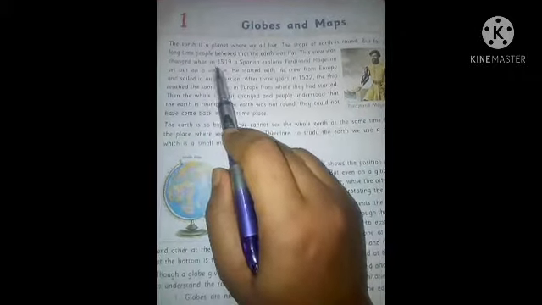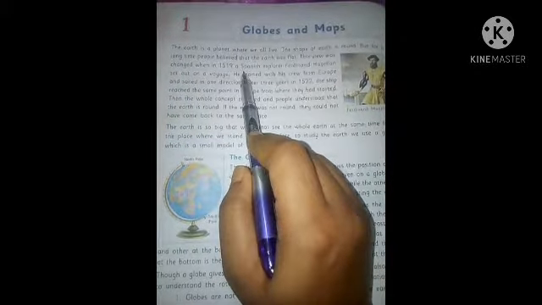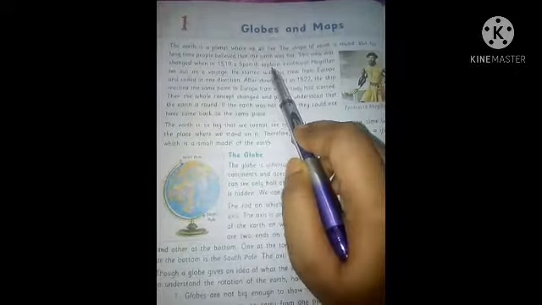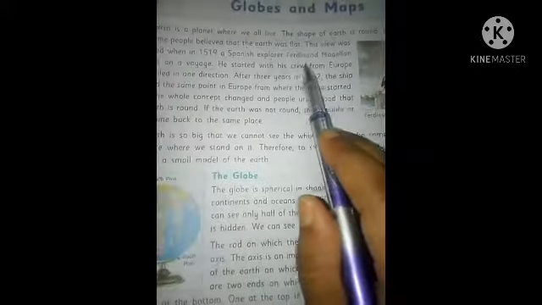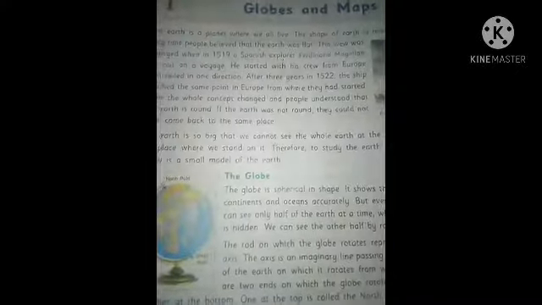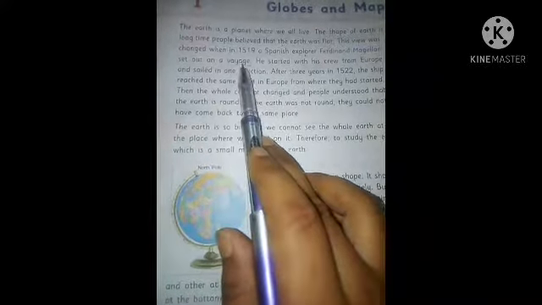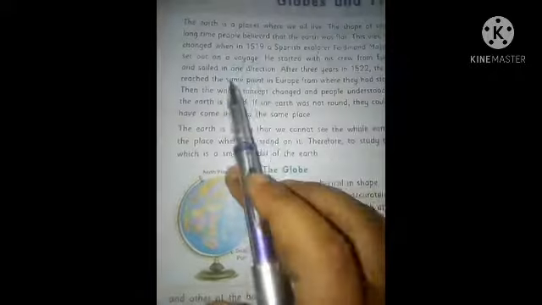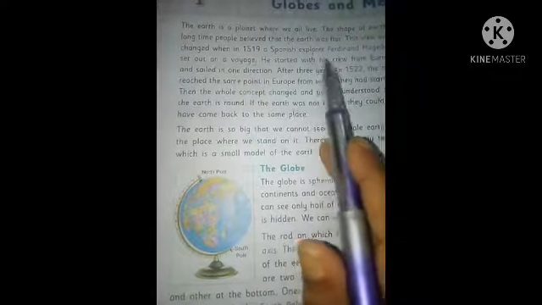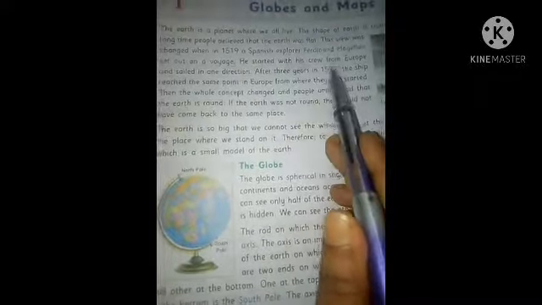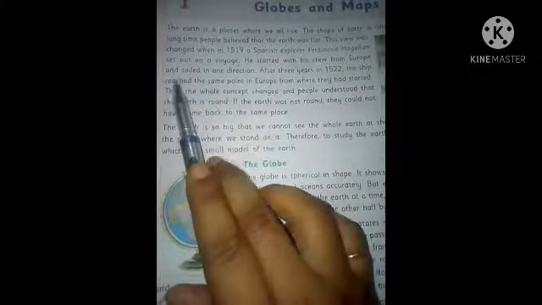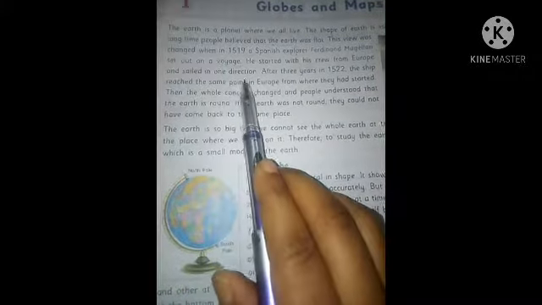This view was changed when in 1519 a Spanish explorer, Ferdinand Magellan, set out on a voyage. He started with his crew from Europe and sailed in one direction.